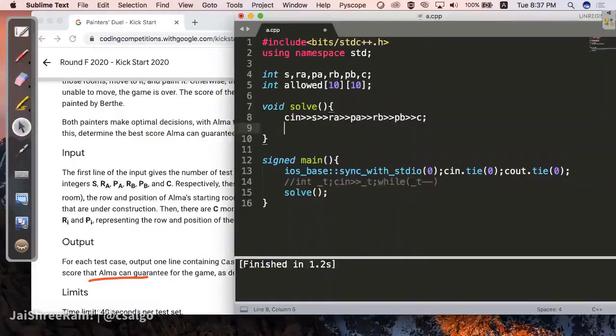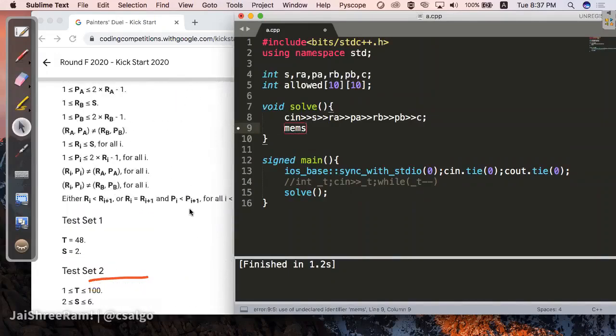So I generally have a habit of keeping some more spaces. That's just so that in case I switch from 0 indexing to 1 indexing or something like that, I don't really get a seg fault. Okay. So now, since the question asks for test cases,